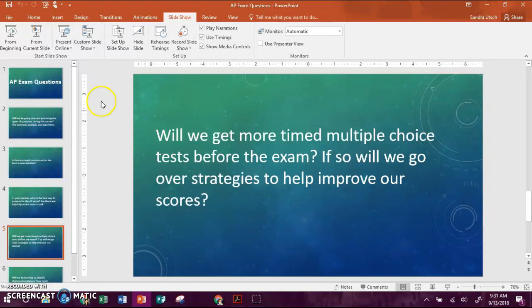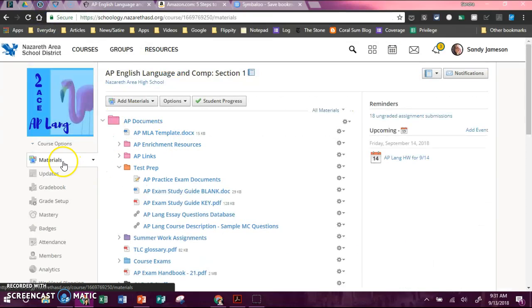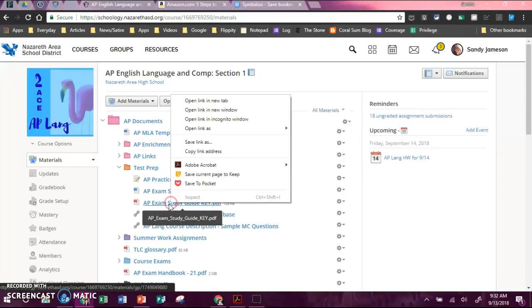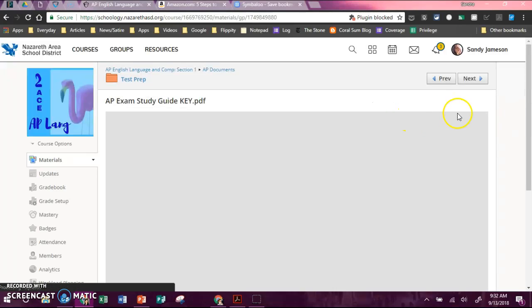However, I will show you on Schoology, if you go into course materials and then you go into AP documents, there's this test prep folder. First of all, there's sample multiple choice questions, although those are the same ones I already kind of showed you on AP Central. And so is this essay questions database. But if you click on this AP exam study guide key, it's going to take you to a document.